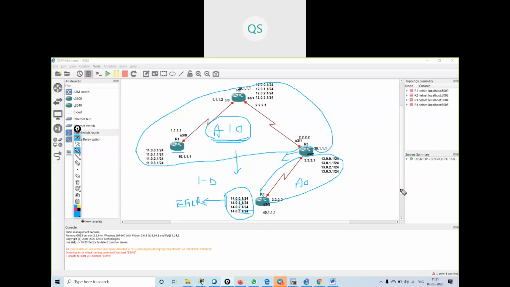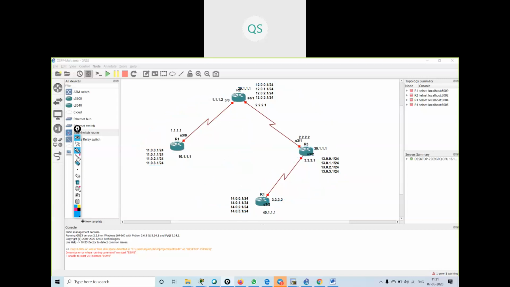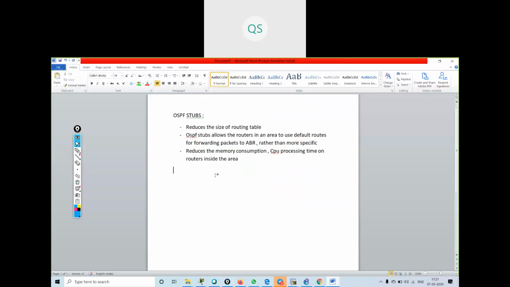Now we have something more: areas that cannot be used as a stub.